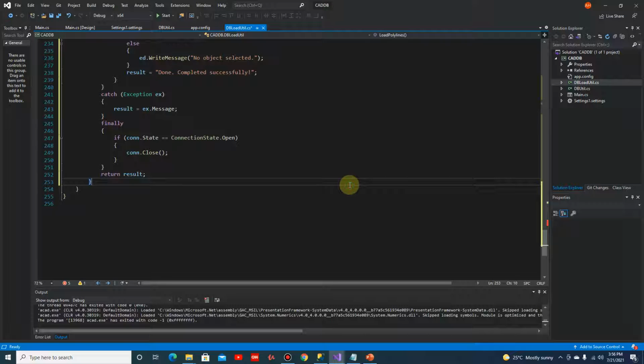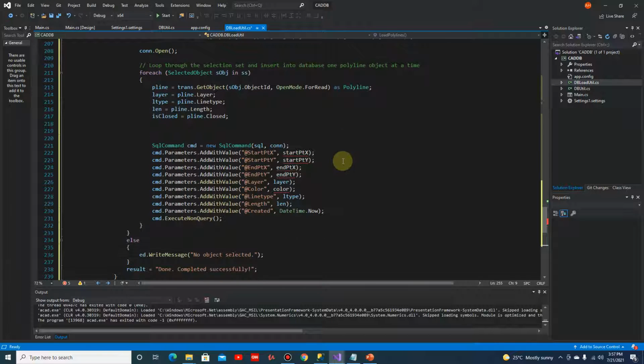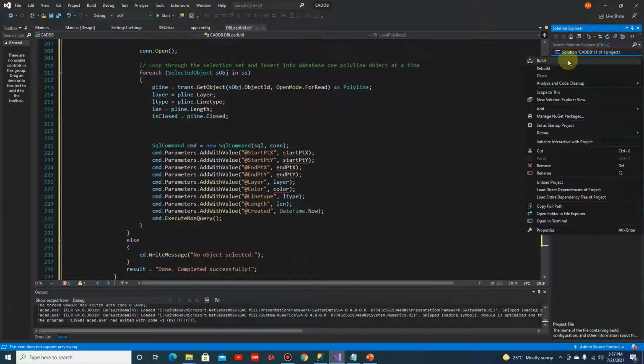So let's just create the method first. However, I would like to create this in a separate class because we will be using this method more than once. So instead of creating it in this db load util, we might as well create a separate class to store all the common functionalities. So let's right click on this